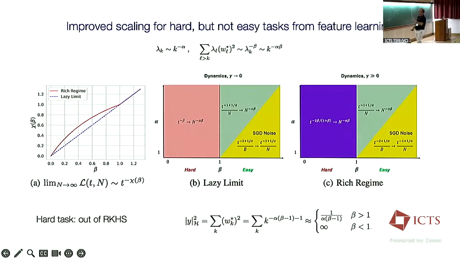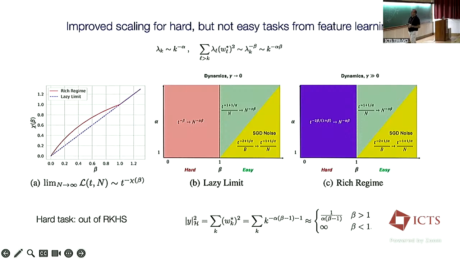So what we get is basically scaling laws that are described by this picture. This picture is a bit complicated, so I'll try to walk you through it. First of all, again, we have a full description, but I'm especially looking at the source-capacity constraints version. Basically, I'm assuming that lambda_k falls like this, and the tail sum of the teacher falls like this.